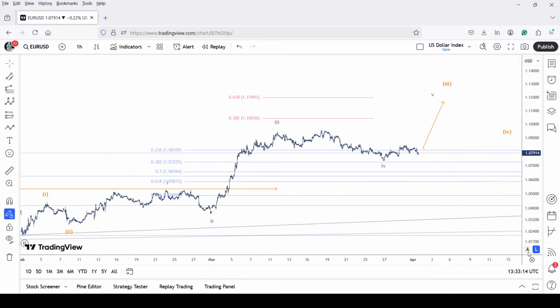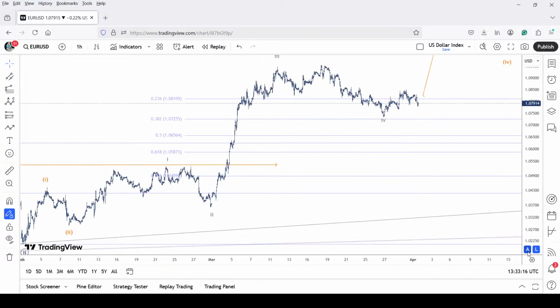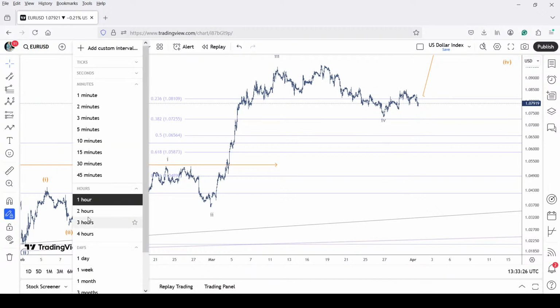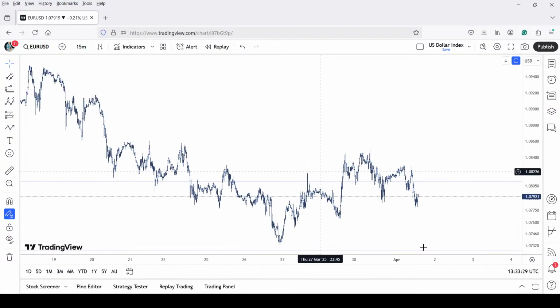Possibly we are carving a lower degree wave 2. I'm still not absolutely convinced if it was a leading diagonal because I cannot see 5 waves. Let's go on a 15 minutes time frame and try and dig lower. Okay, if we look at this chart as 1, 2, 3, 4, and 5,